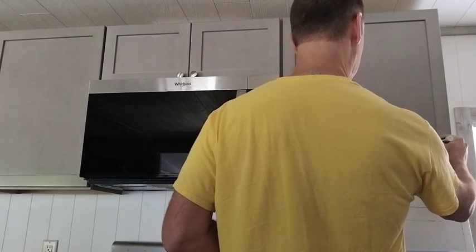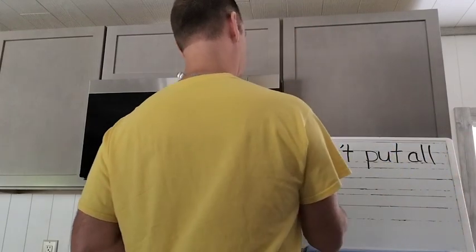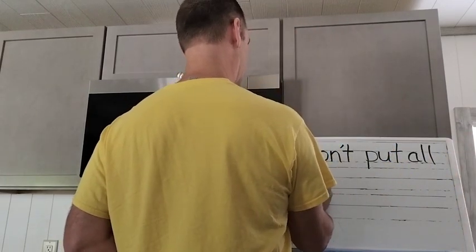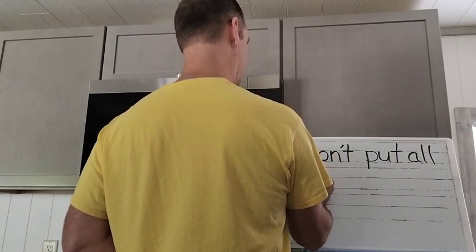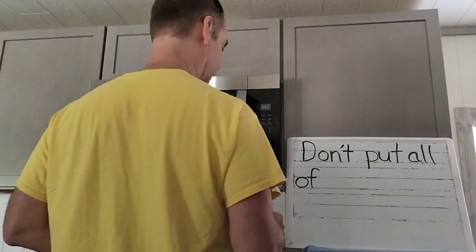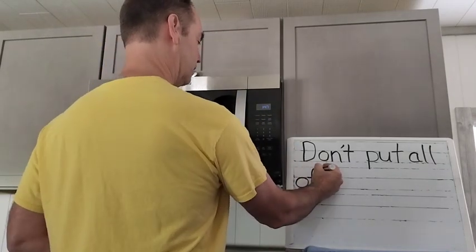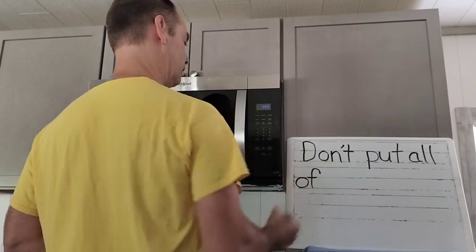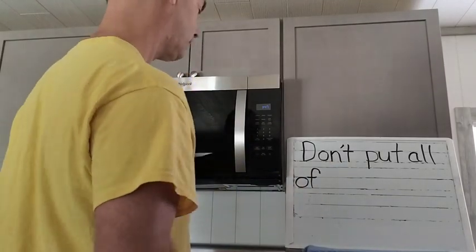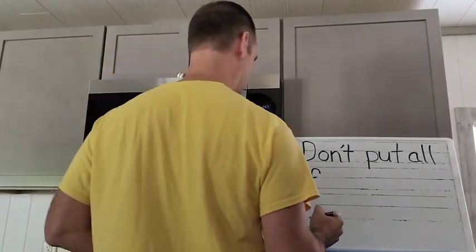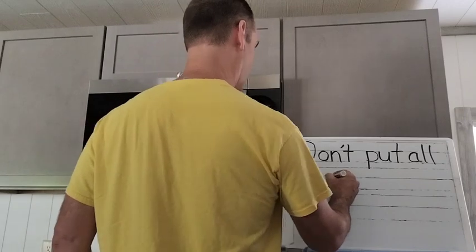A, L, L. Of is O-F. Even though it sounds like O-V, it's O-F. The lowercase f is just a little droopy at the top. A little bit droopy. Like a dead flower. Don't put all of your